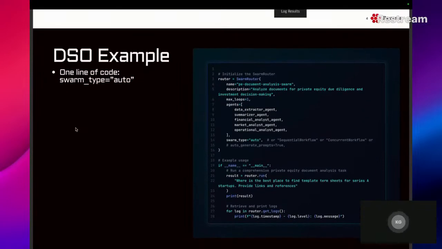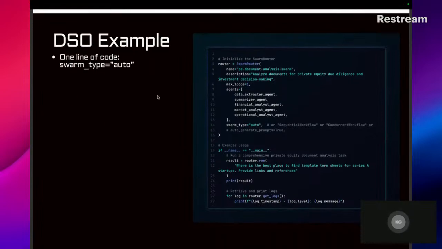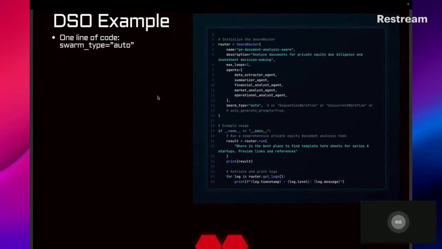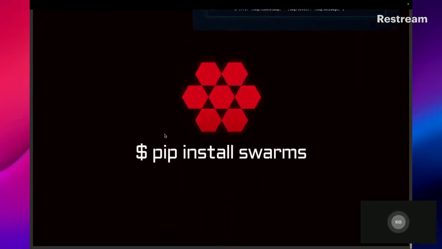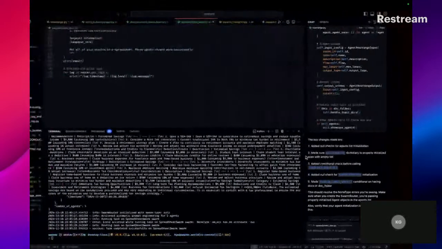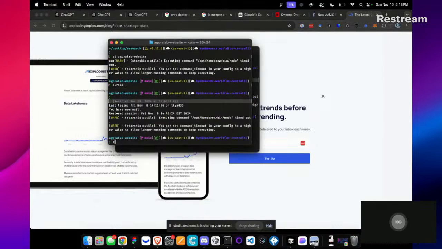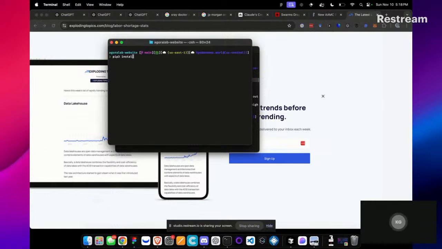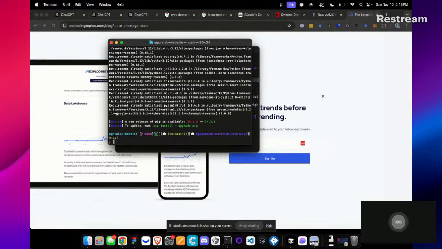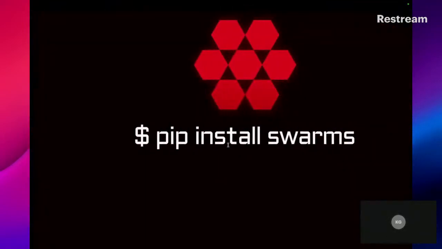And today I'm going to be releasing a new update with a bunch of bug fixes and new improvements. So pretty soon you can get that update just by running this in your terminal. Just go here and you go boom. And then you have the new swarms. And that's it.